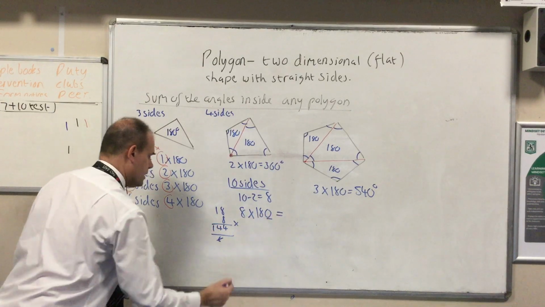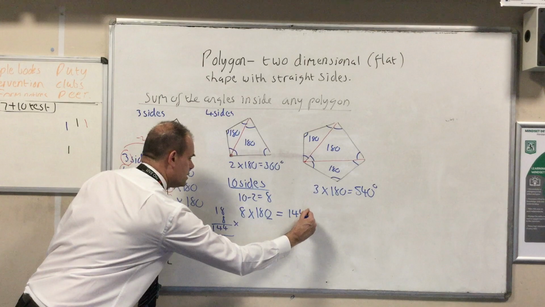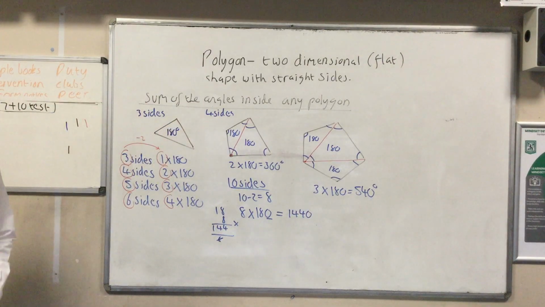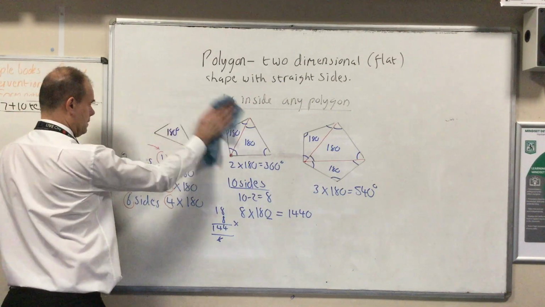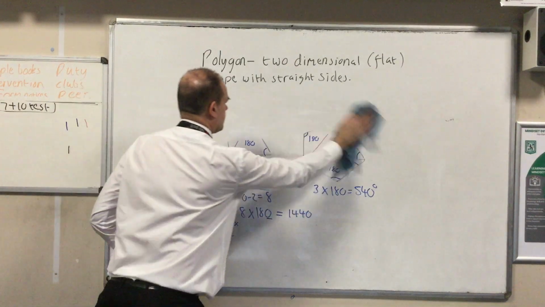But we've got to add the naught on there, so it's 1,440 degrees, and that's what you would do. And that's the little rule which tells me what all the angles add up to as the polygon gets bigger and bigger. Okay, knowing that, let's just remove all that from there. So to summarise that quickly,